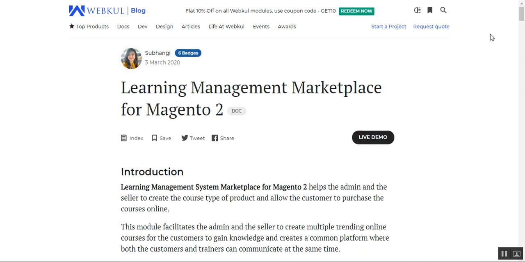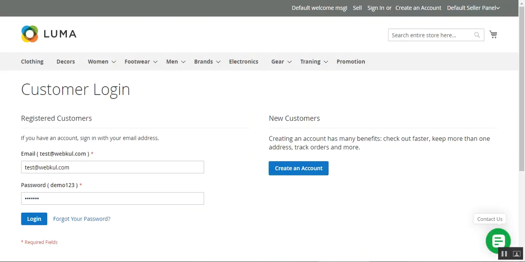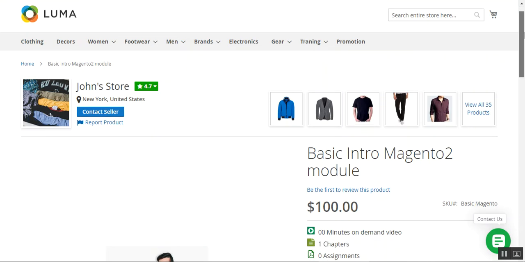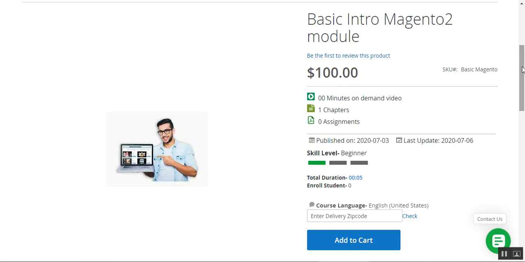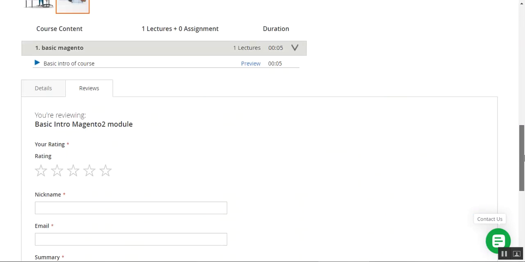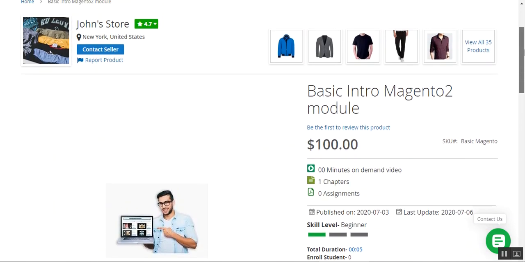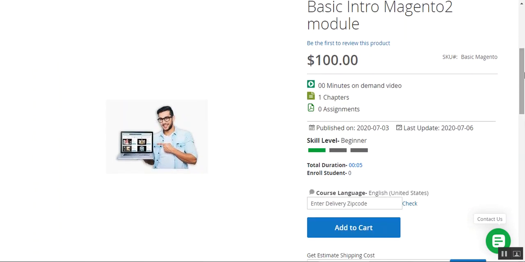Apart from that, we'll also be showing you the configuration settings that are required for this particular plugin to work. So actually the customers would be able to purchase the courses from the Magento 2 multi-vendor marketplace store now, and both the admin and the sellers can list their courses as products, and a lot of information can be added